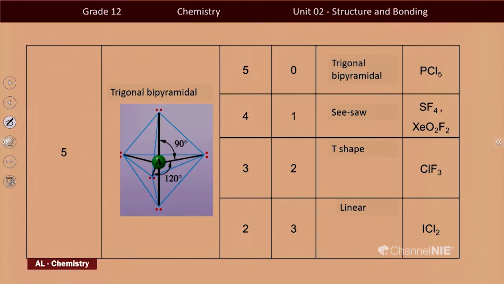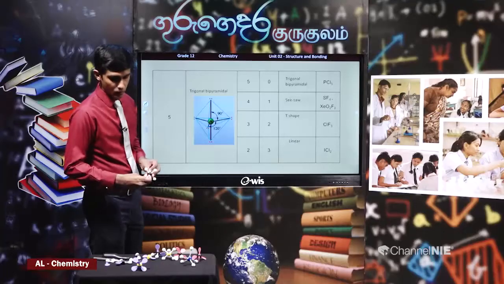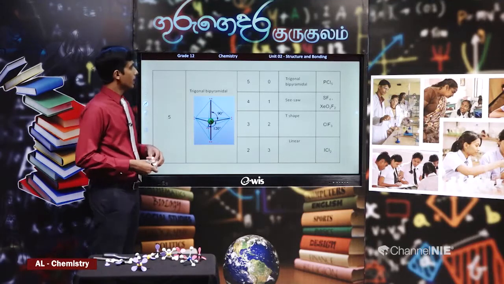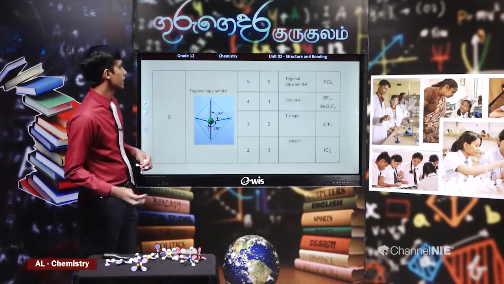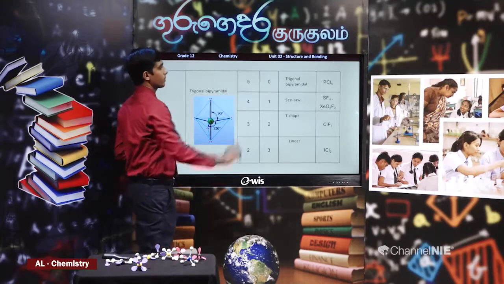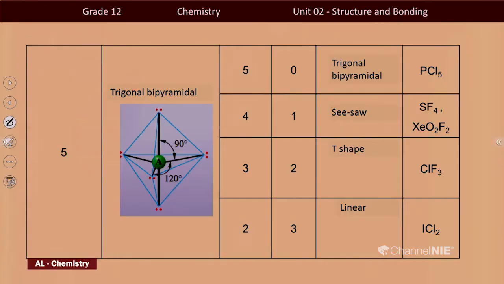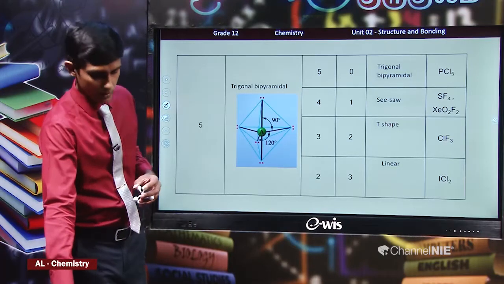When it comes to the trigonal bipyramidal electron pair geometry, where you have 5 VSEPR pairs, if all five are sigma bond pairs, as you can see here, the shape is also trigonal bipyramidal. One example is PCl5, where the phosphorus atom is bonded to 5 chlorine atoms, only 5 sigma bonds, no lone pairs. It is possible to have one lone pair. When you have one lone pair, what is the location of the lone pair? Now that is the problem.